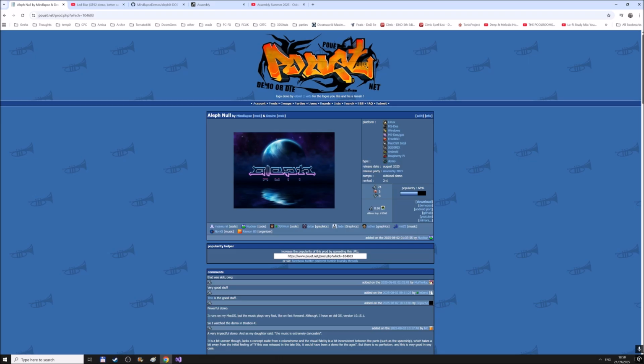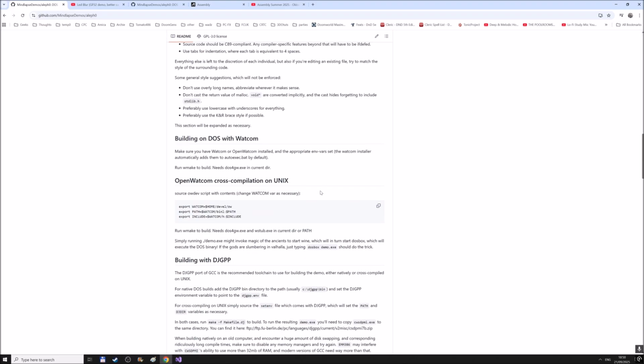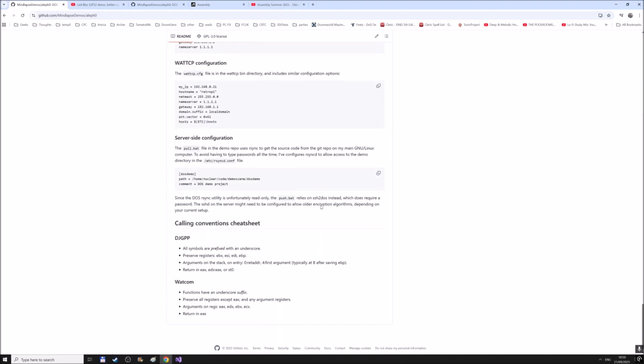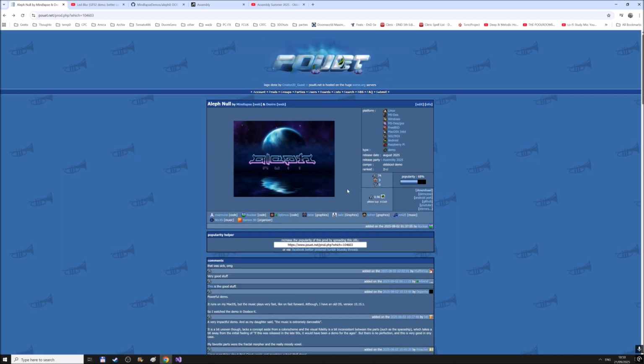If you see here, there is an Android port, but also, I don't know if it shows the ports. There are a lot of ports. Yeah, in the package, if you download the demo package, you're gonna find